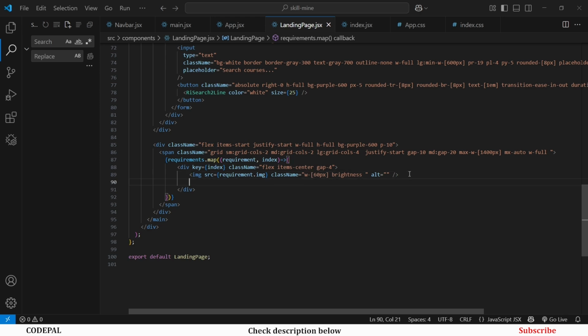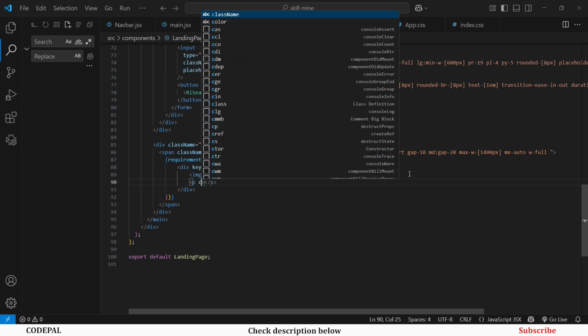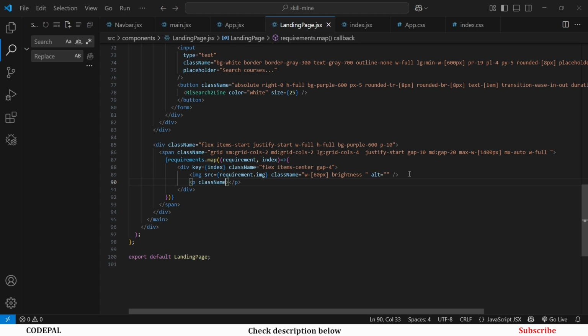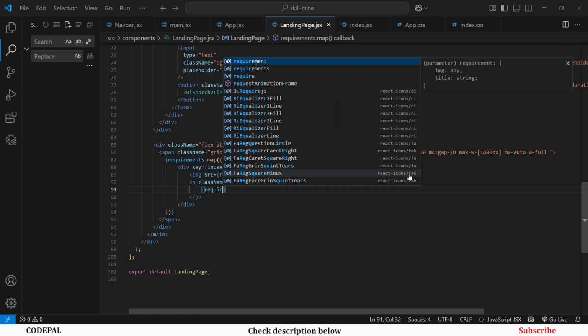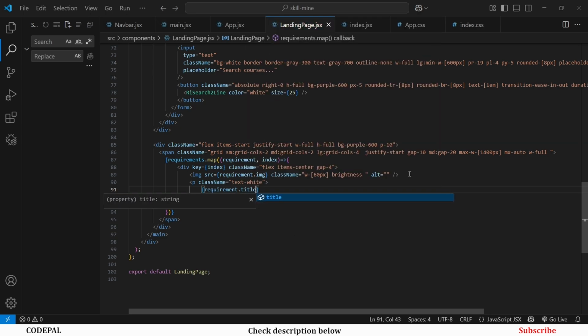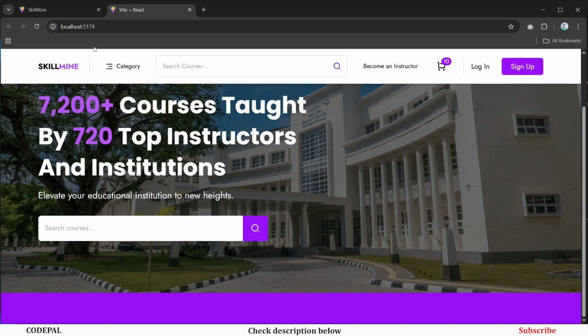Let's add the title first. Let's add a p tag, and right in here we're going to have the class, and for the class we need a color. The text color is going to be white. Then right in here we're going to say requirements with curly braces. So I'm going to say requirements dot title. Let's see, it